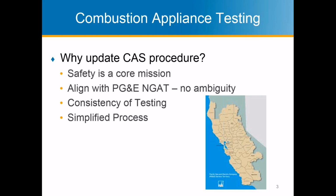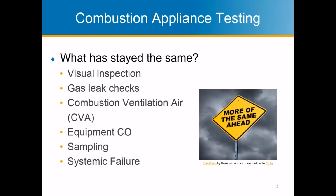Items like well-defined, clear steps and no more confusion regarding interior doors, air handlers, and so on, help. But we'll address that a little more fully in a few moments. Simply put, the CAS, or combustion appliance safety testing procedures, were updated to ensure consistency and reliability. So while you can easily review the MUP